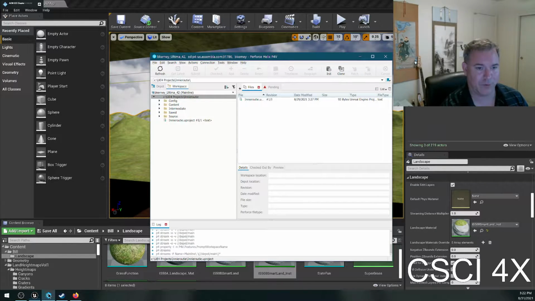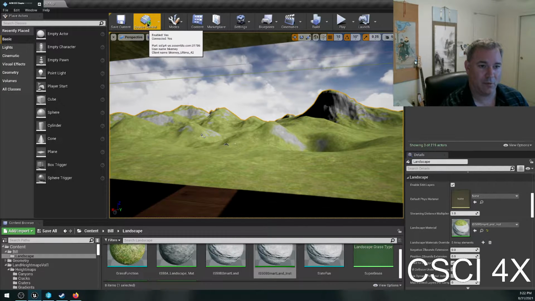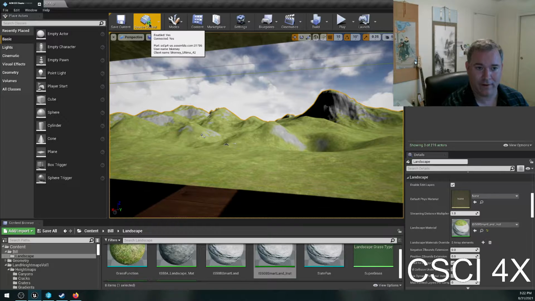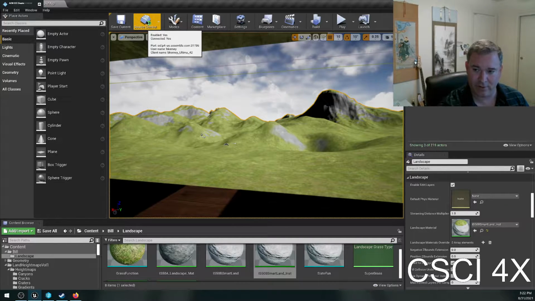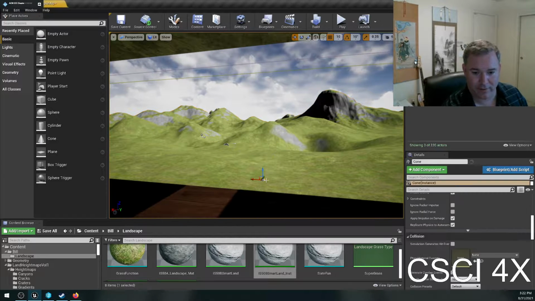So you have to have the Perforce client running in the background. You just leave that there. And when everything's working right, you have a little green thing here. This means everything's hunky-dory. If you were to change something, like let's say you wanted to put a cone out into the world like this,